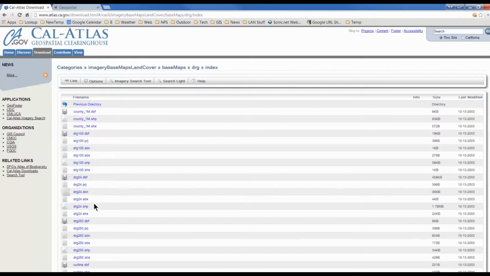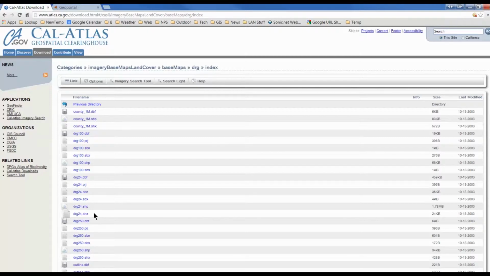And note that it's composed of a number of separate files. And again, you'll need to download all of them for the index to be read by ArcGIS. So our first step is to download the index files, which tell you what map quad corresponds to the numbers you see. First we'll download the index file set,